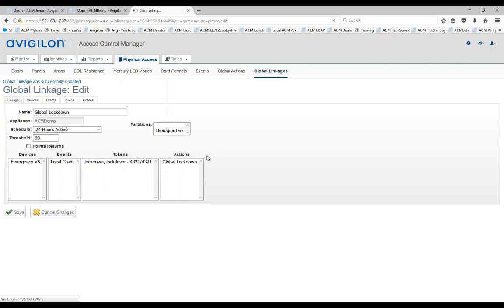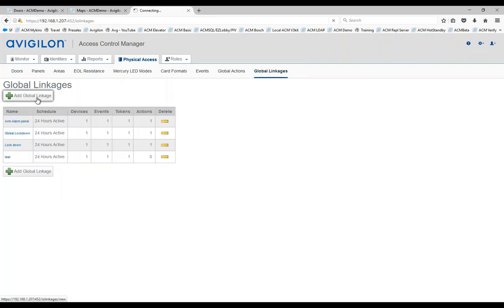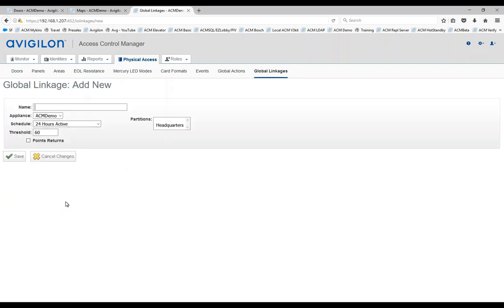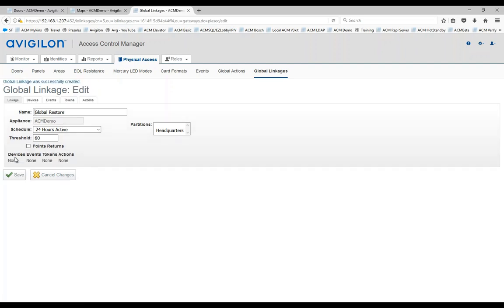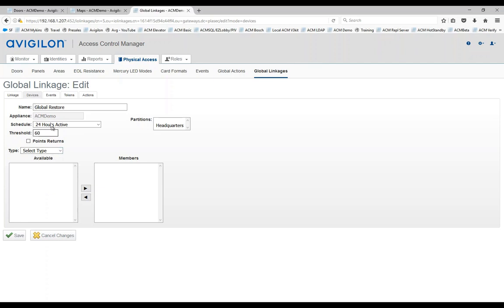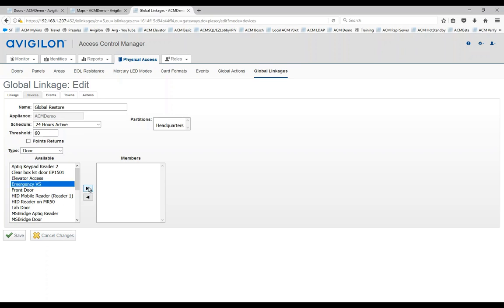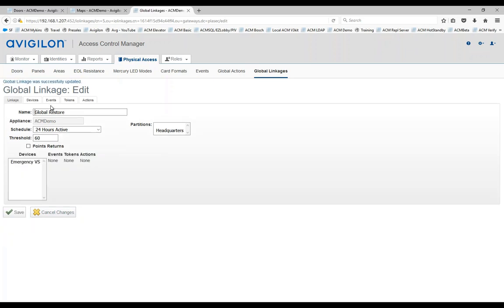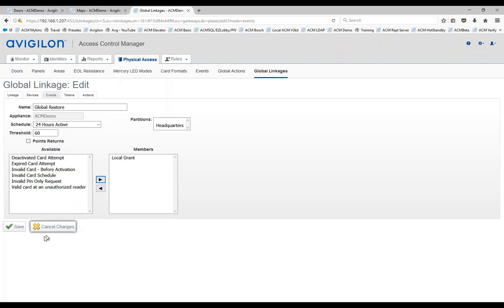I'm going to click in global linkages again and create another linkage. And this one is going to be the global restore. Okay? Hit save. Same principle. I'm just going to use a different PIN number in this case, just to restore the system. So I'm going to select device, then pick door. I'm going to select that exact same virtual station, hit save, and then the event is going to be the same one, local grant,